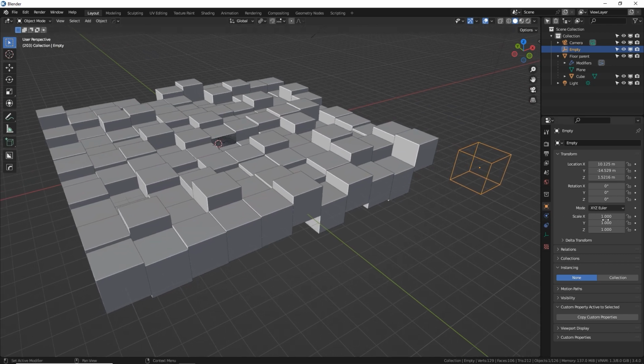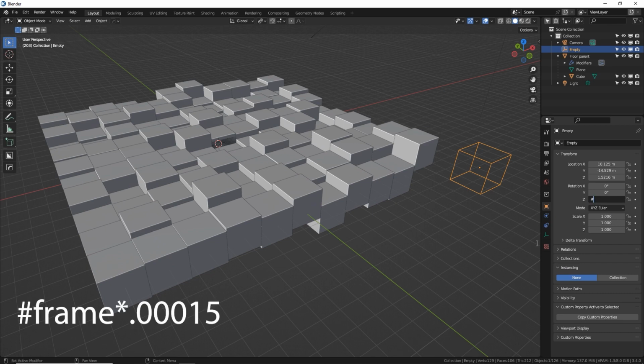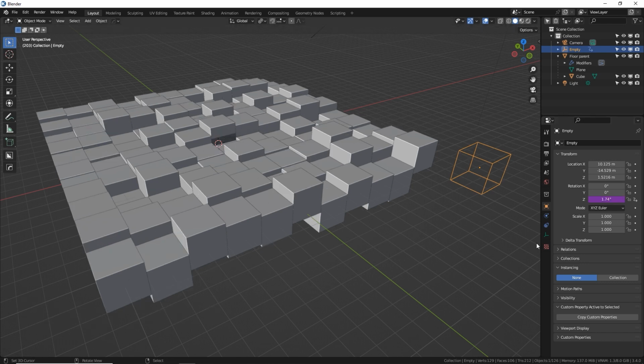So select your cube. Go to the Object tab here if you're not already in here. Look in the Transform panel. Go to your Rotation of Z, and click on it, and let's type in hashtag if you're Gen Z, and type in the word frame, asterisk, which is multiply, .00015. That's a very small decimal, but what it's doing is grabbing the frame number, let's say frame 1, multiplying it by .00015, and then that new number is the rotation number. Then frame 2, we multiply that by that tiny decimal, and that's the new rotation number. So if I press play,